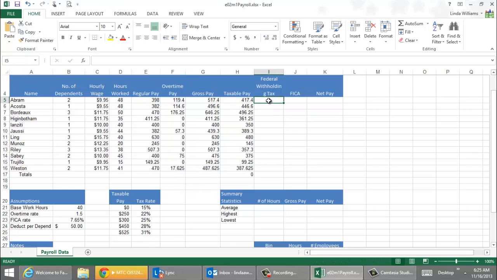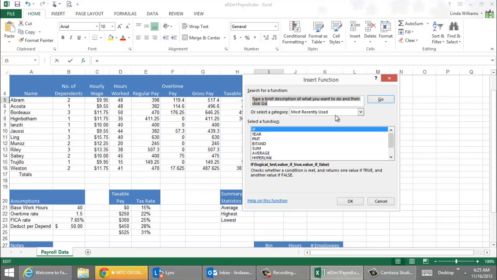Another thing that's new for 2013, I need to look up recommended charts by their taxable pay, if you don't really know which one you want to choose. You can go to recommended, see all of them, and that will allow me to do that. And remember, it's really like this, because you can see ahead of time what things are going to look like. And here I am going to choose a pie chart. So I'm just going to type in lookup,